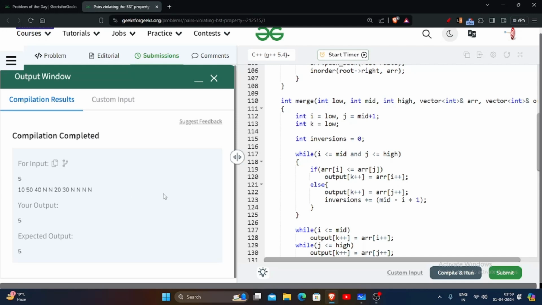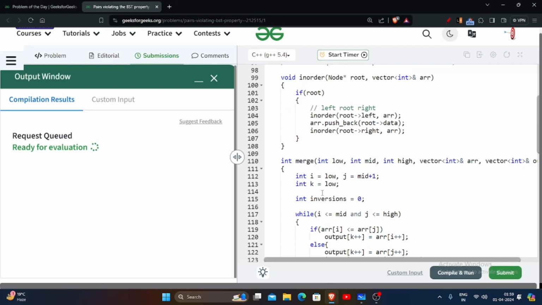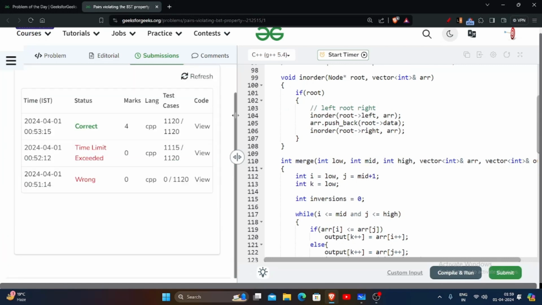So we are getting 5 and 5. Let's submit this. Maybe we don't get a fail in some case. वैसे मैं क्वेश्चन पहले कर लेता हूँ ताकि बीच में कोई दिक्कत ना हो।